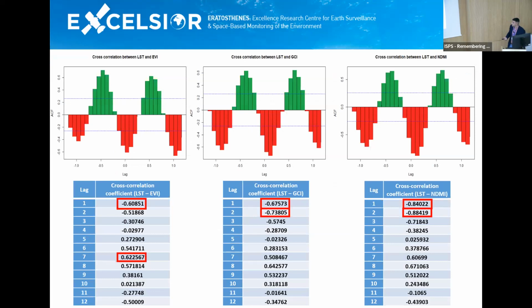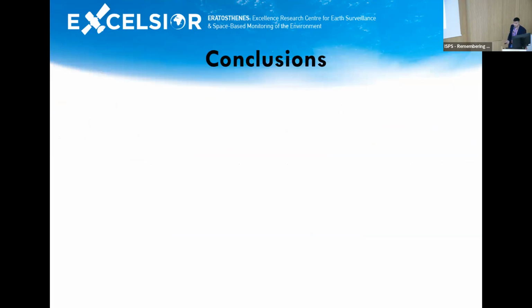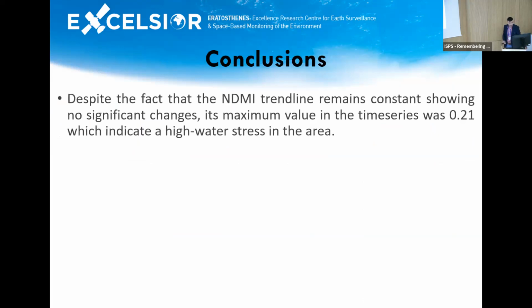And for cross correlation with LST and all the vegetation indices, we can see that lag 1 and lag 2 have the highest cross correlation coefficient, for the LST and GCI, and for the LST and NDMI. Conclusions for this presentation: despite the fact that the NDMI trend line remains constant, showing no significant changes,